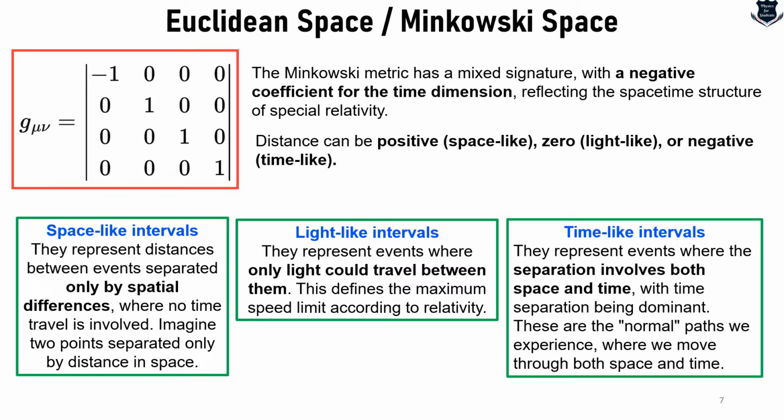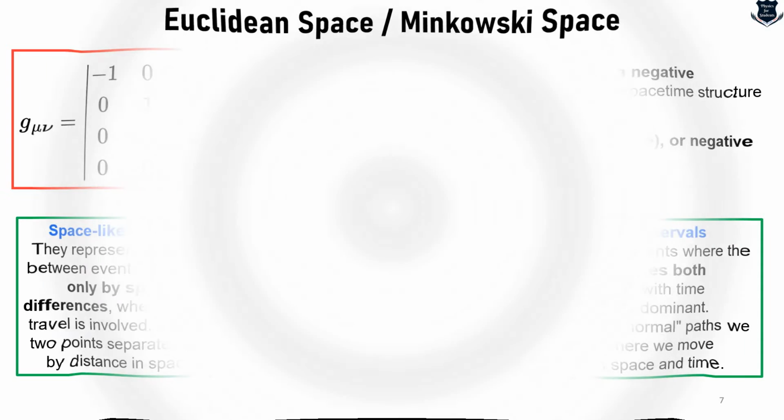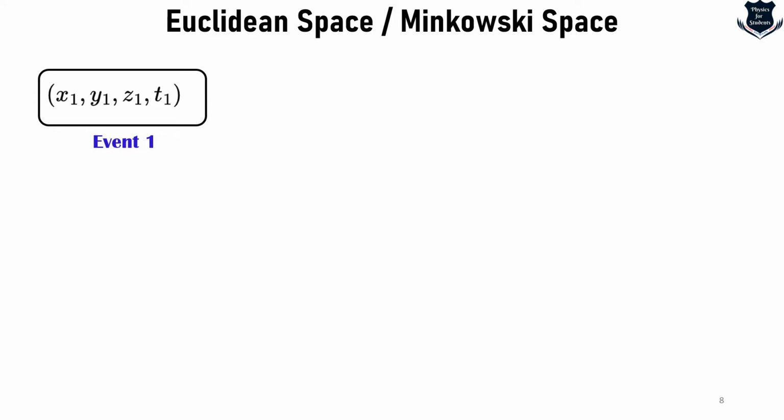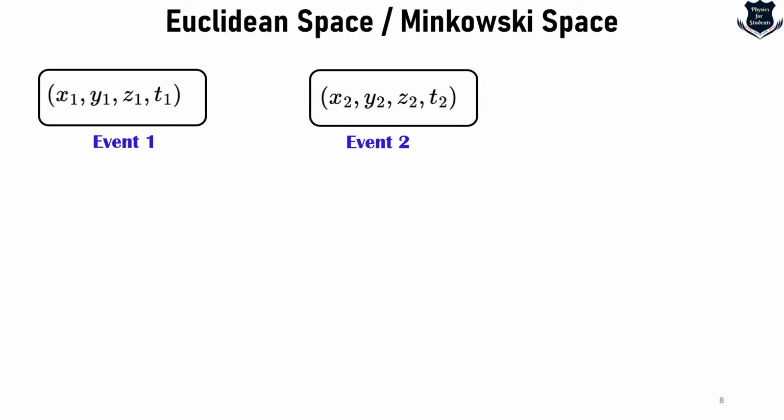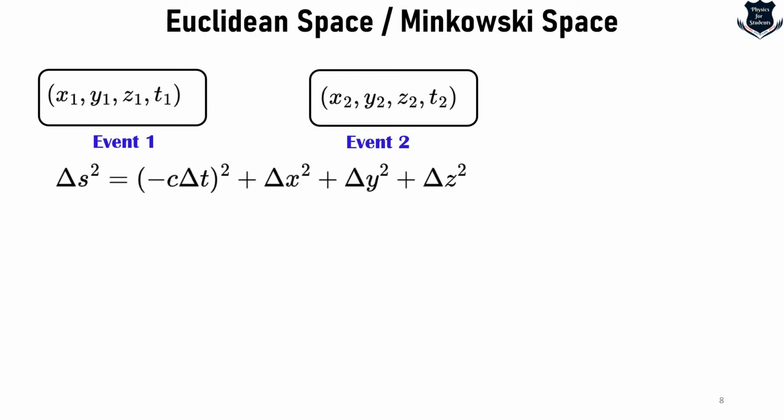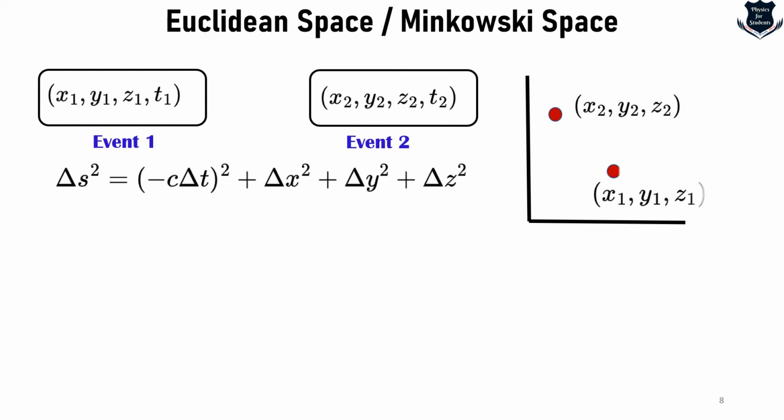Now this is all English language, but let me quickly give you a very easy explanation through mathematics. Now here you see, if I take one event x1, y1, z1 and t1, and I take another event x2, y2, z2 and t2, and they are separated in whatever way. I take the same delta s squared because I am considering this to be a finite distance. I am not taking differential distance right now. And here is the xy coordinate, where x2, y2, z2 is over here, and x1, y1 and z1 is over here. That is the Euclidean part. Now what I do, I replace this delta s squared with what is called r squared.